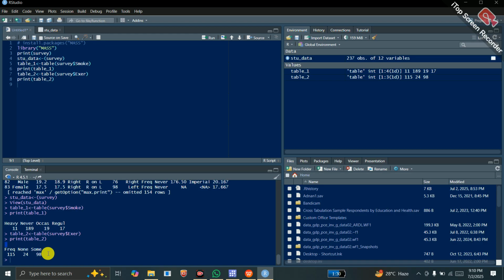Now I would like to create a CrossTab for these two variables. So I'll write table, this is table number 3, and this will be CrossTab, this will be classification of respondents by smoking and exercise. So I write table and survey$smoke, comma, survey$exercise. Sorry, I should write this, let me write this